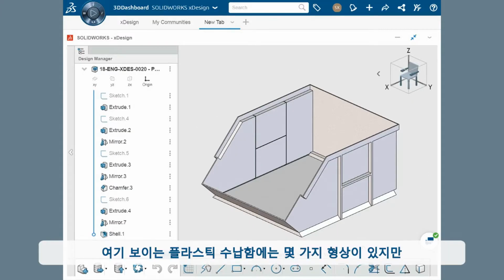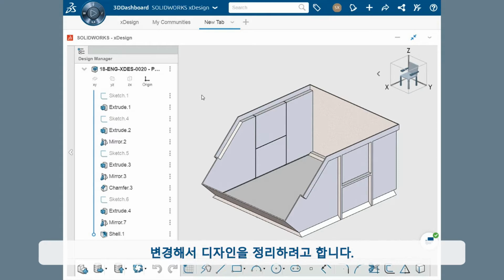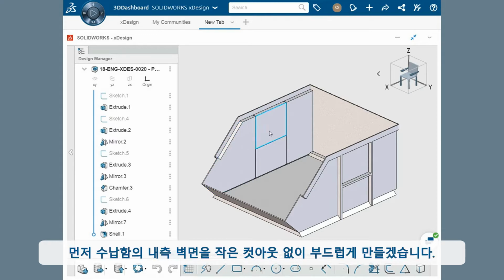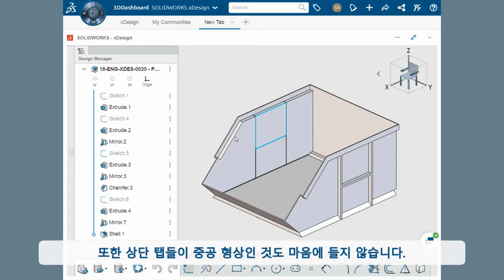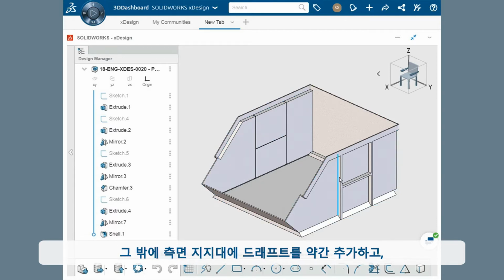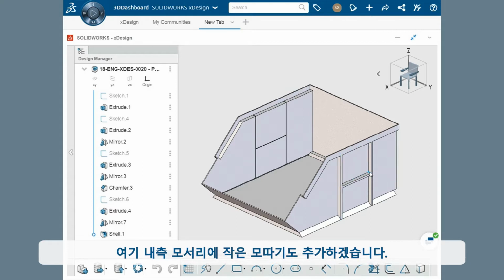The plastic bin box shown here has a few features that I want to change to clean up the design. In this case, I want the inner sidewalls of the box to be smooth, without these small cutouts. I also don't want the tabs at the top to be hollowed out. In addition, I want to add a small amount of draft to the side supports, along with adding small chamfers